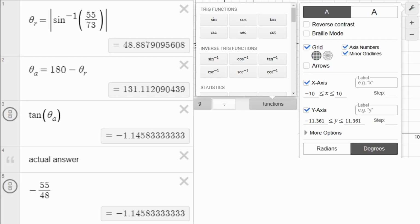Now, none of this is very helpful. There's no way typing all this in and figuring this out is going to be faster than what we just did. Remember, guys, I'm going slower for the demonstration, right? But you could figure out the reference angle using inverse sine, which is in the functions menu. It's like the second thing down. You can't miss it. And then we could find the